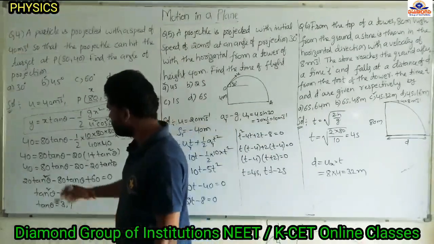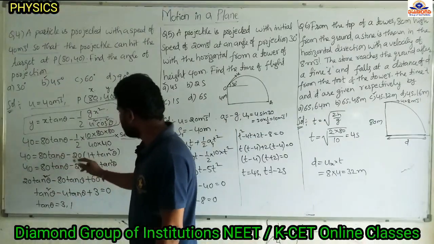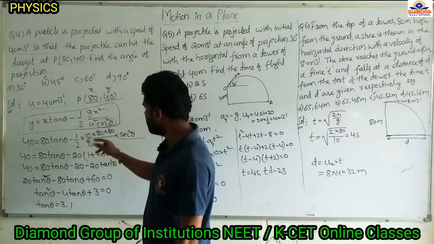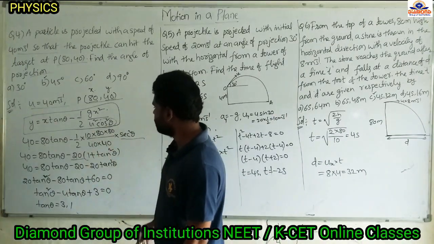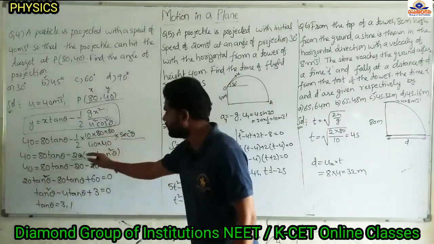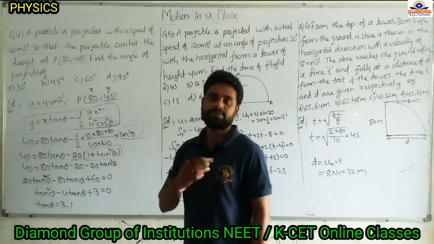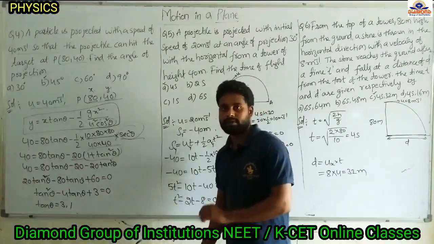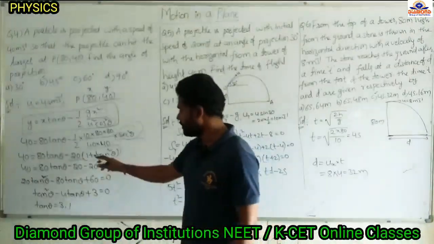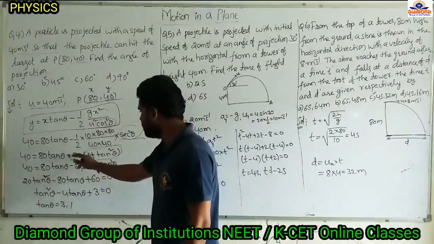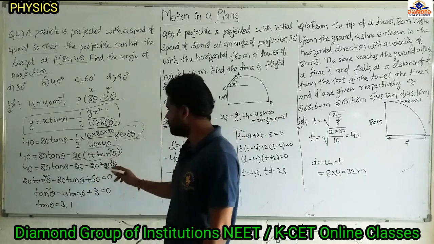Okay, so now see, 40, same 80 tan theta minus here 40 by 40, so 1 to 1, 2 will be cancelled, 10 into 2, 20, in total we are getting the value 20. Secant squared theta, in its place I am writing 1 plus tan squared theta. Secant squared theta minus tan squared theta equal to 1, so secant squared theta equal to 1 plus tan squared theta. Now 40, 80 tan theta minus 20 into 1 plus tan squared theta, that is minus 20 minus 20 tan squared theta.